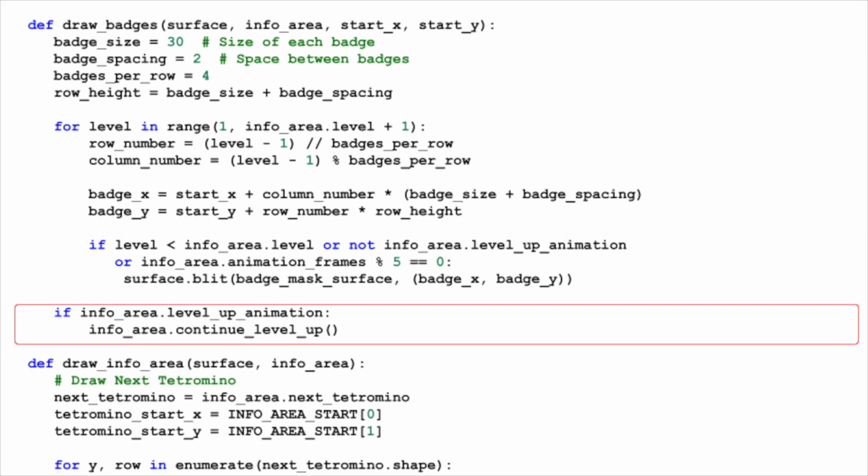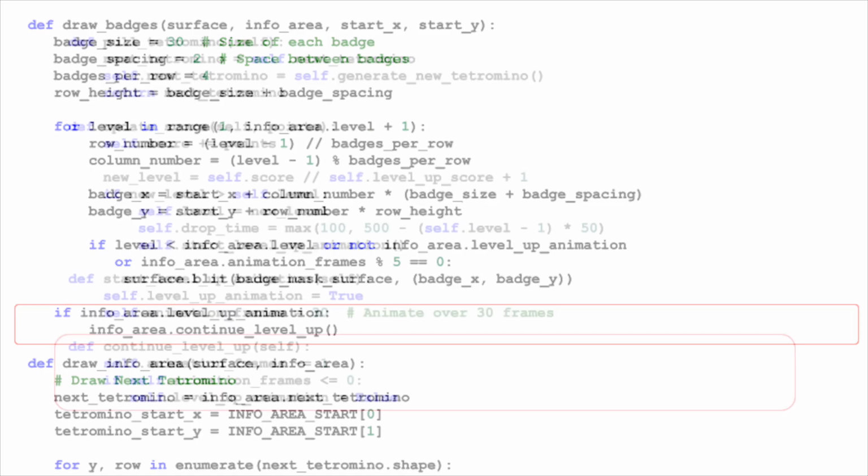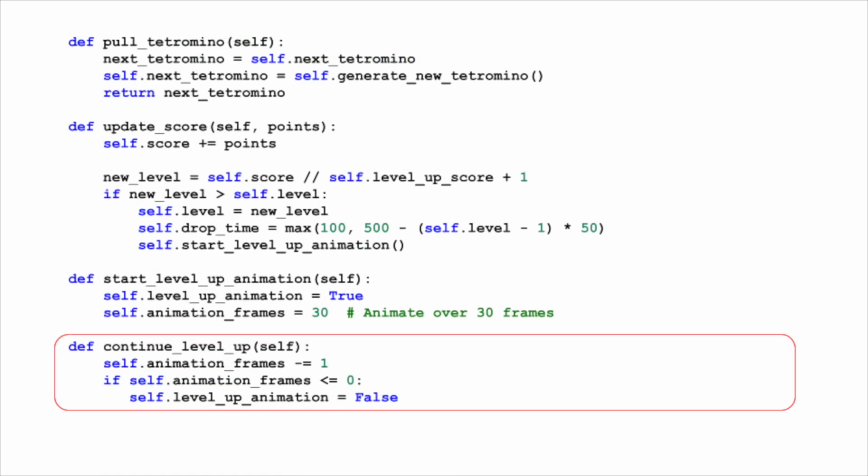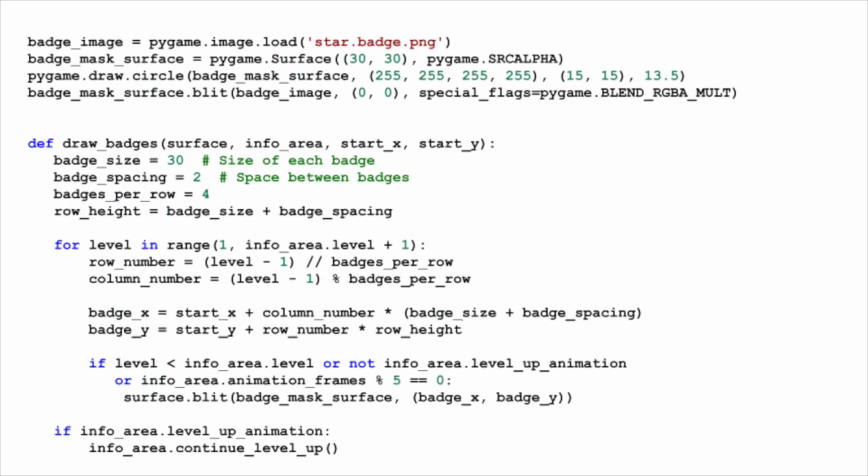The Continue Level Up method, which is called within the game loop, decrements the animation frames by 1 with each frame. Once animation frames reaches 0, the animation sequence concludes, and the level up animation is set to false, signaling the end of the animation. Through these detailed techniques and functions, we create a visually engaging and interactive environment that celebrates player achievements and enhances